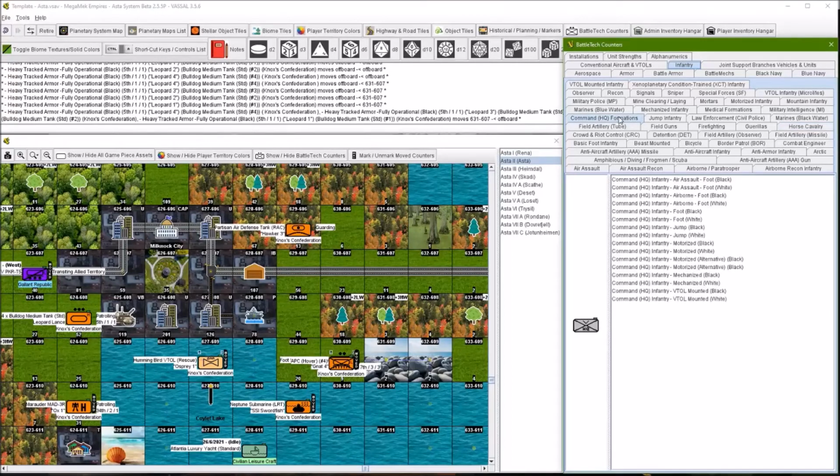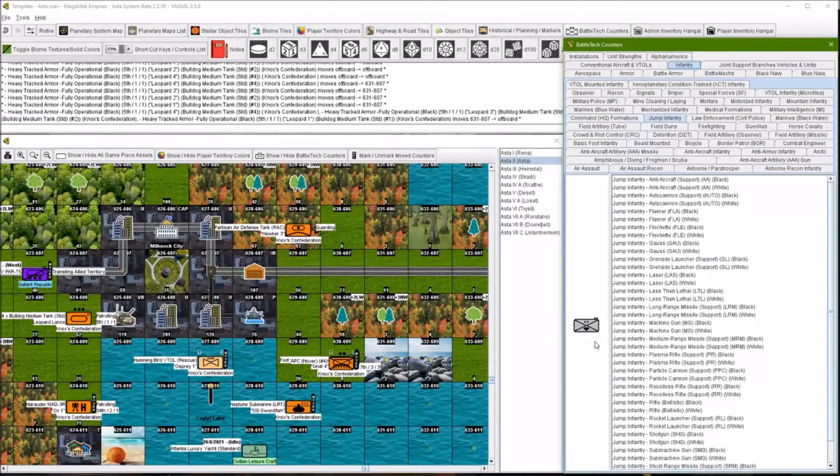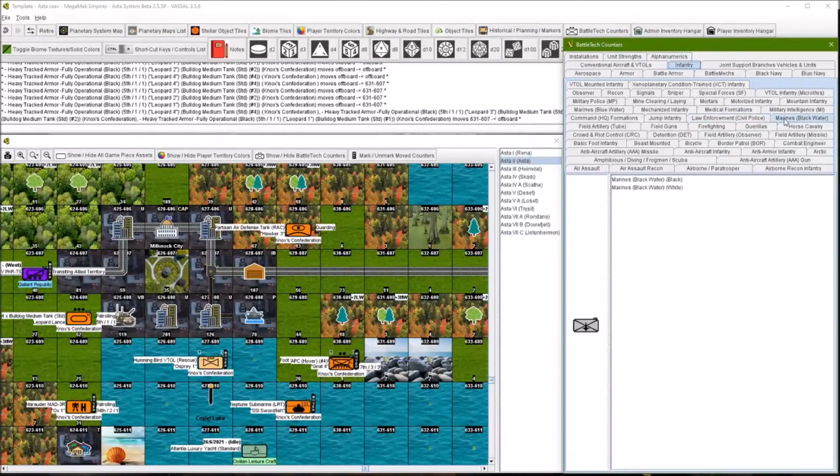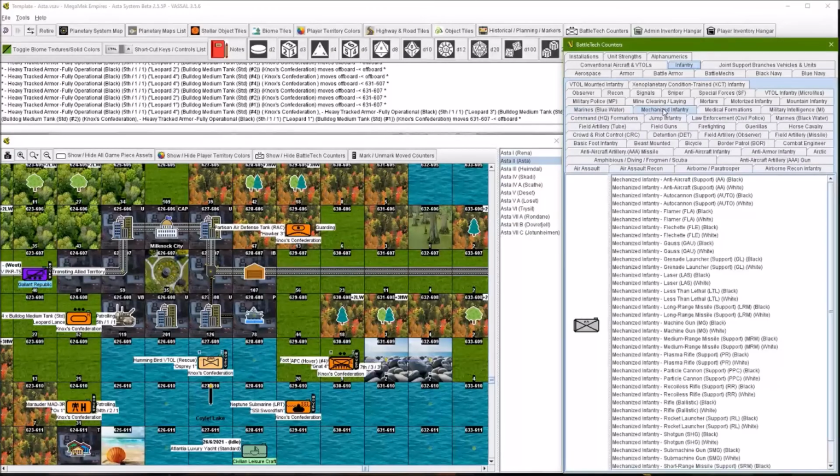HQ formations. Jump infantry, as denoted by this kind of little jetpack sort of symbol here. Law enforcement, civil police. You can also have sniper teams, which have this sniper symbol added, or SWAT, which have the word SWAT on. Again, we have naval marine infantry in terms of space and blue water with the anchor. General mechanized infantry, so infantry with small vehicles to help them move a little bit quicker. Think very small APCs and the like, or I like to think